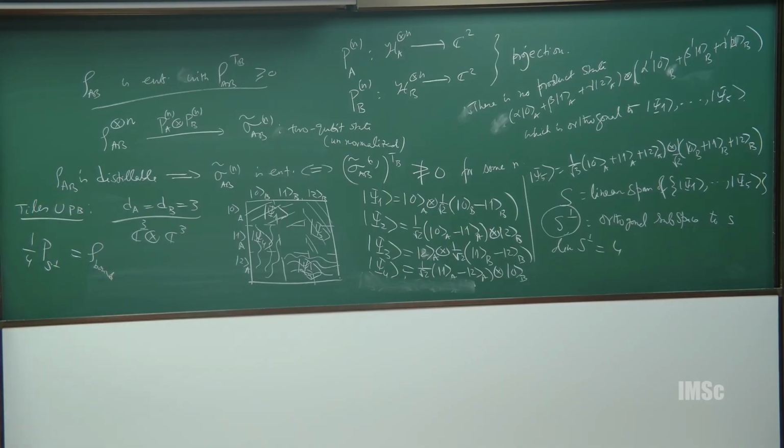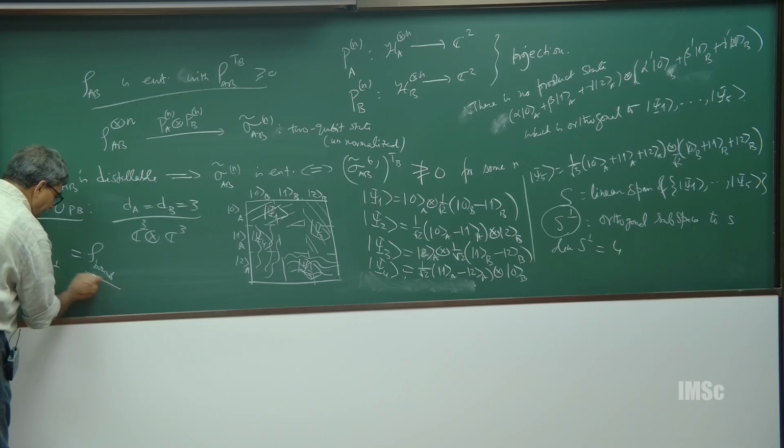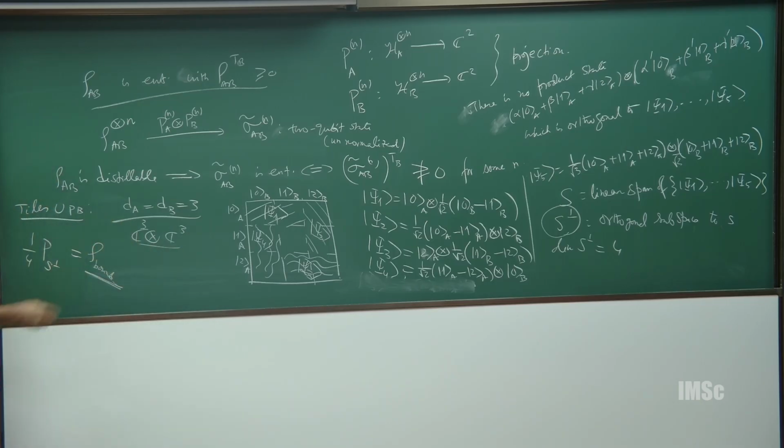So, you see that this is the identity on this 4 dimensional subspace S perpendicular, and I multiply by 1 by 4 to make it normalized. So, then this is a valid state acting on C3 tensor C3, and this state has to be entangled, because there is no product state in its support. So, therefore, it has to be entangled, and you can verify that